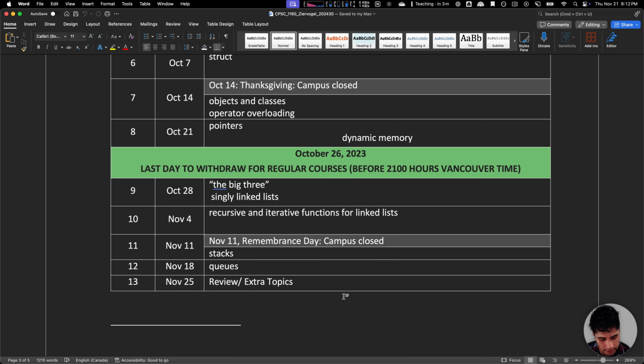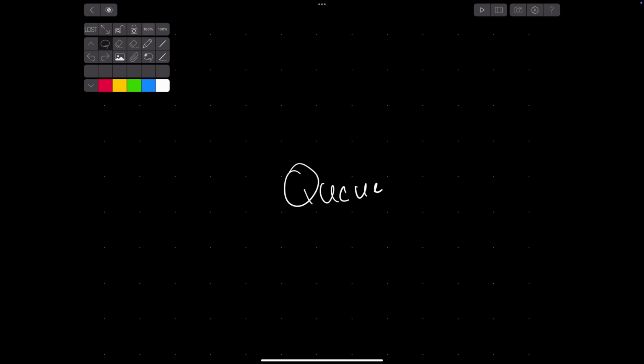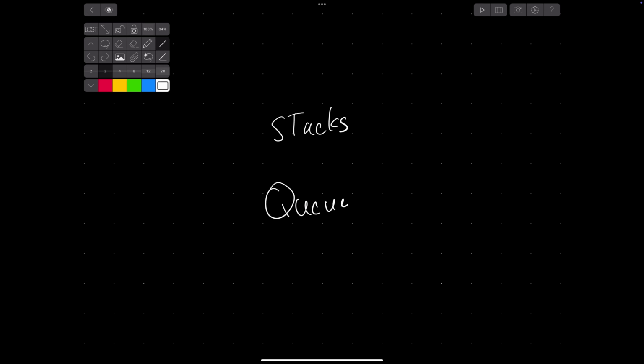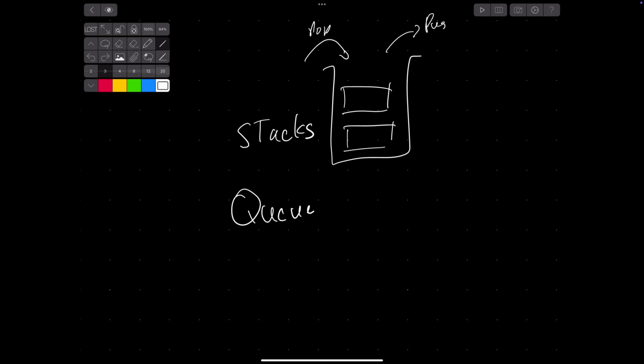Okay, so a queue is just like a stack. Queues and stacks are essentially the same concept with minor differences. If you remember, a stack you can picture like a jar where you push in elements and pop out elements, and the restriction placed on the stack is that you can only push at the top,